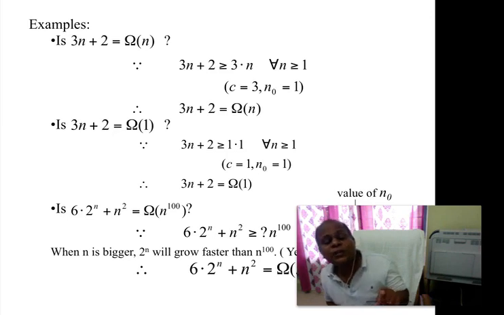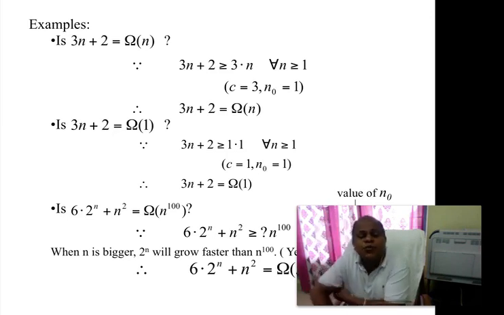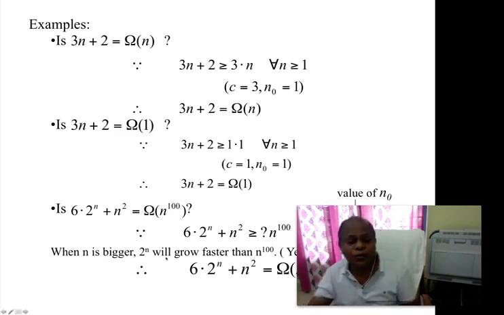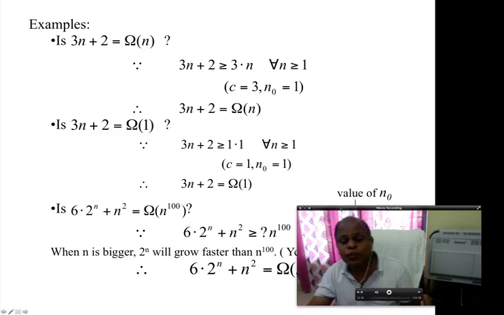Similarly, is 3n plus 2 equal to omega of 1? Yes, you can see 3n plus 2 is greater than or equal to 1 times 1 for all n greater than or equal to 1. Hence here c is equal to 1 and n0 is equal to 1. Hence 3n plus 2 is omega of 1. Now in this case, 6 times 2 to the n plus n square is equal to omega of n,